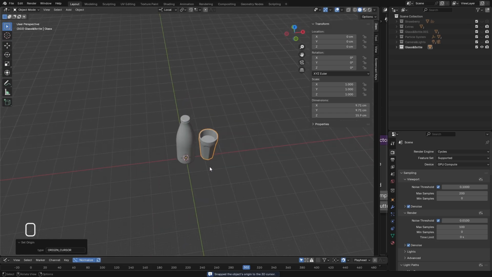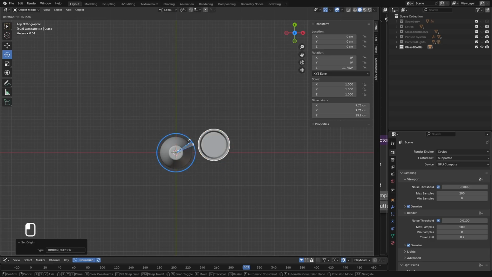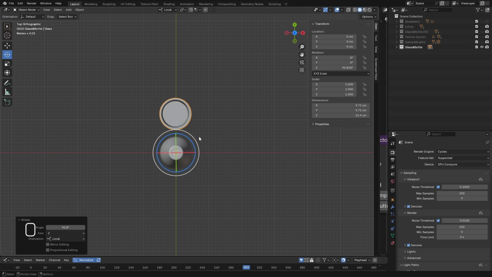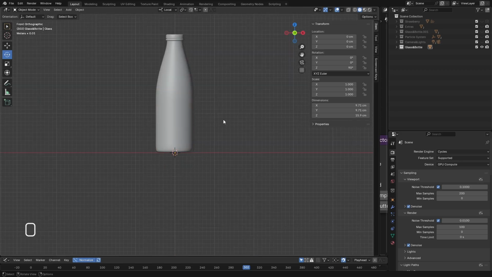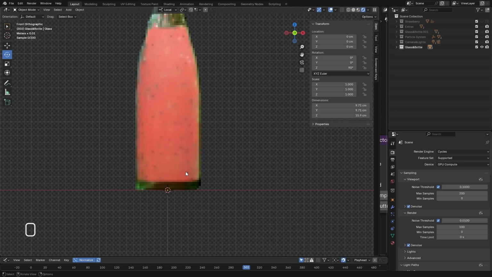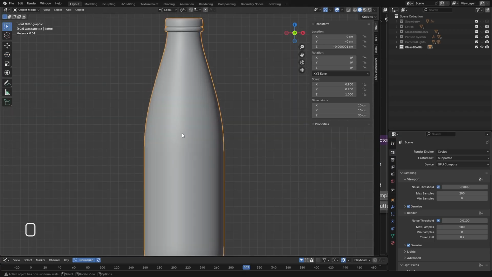All right, now if I go to top view and rotate it right there, you see it goes here. So let's go ahead and move it 90 degrees on the z-axis. From front view, we can't see the glass, right? Yeah, we can't see that. All right, now we're left with the bottle only. Zoom on the bottle and